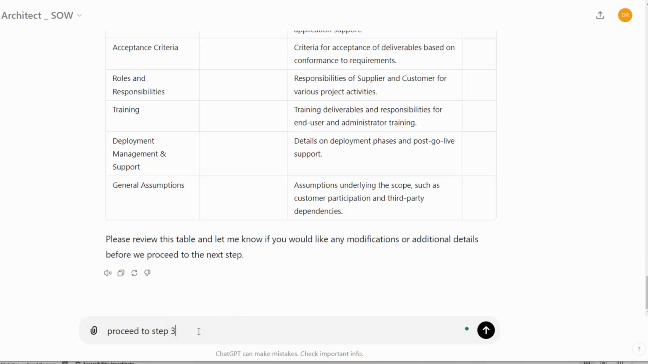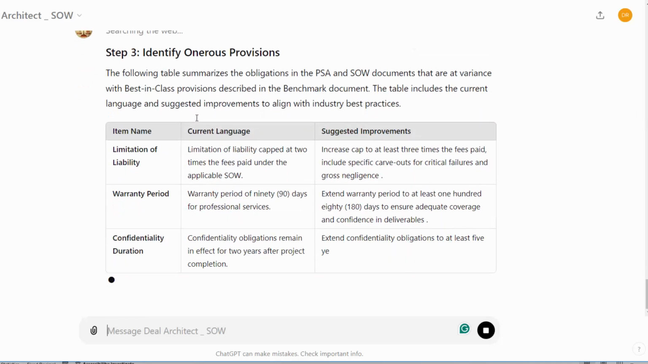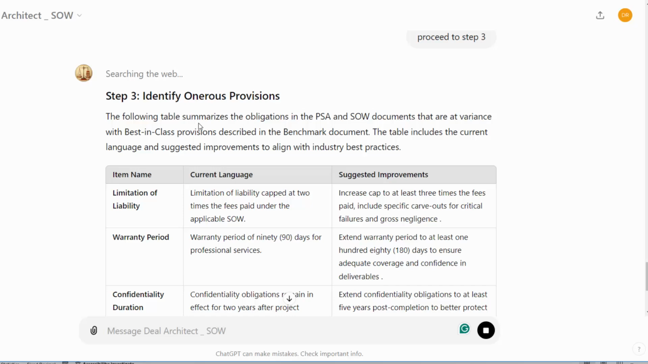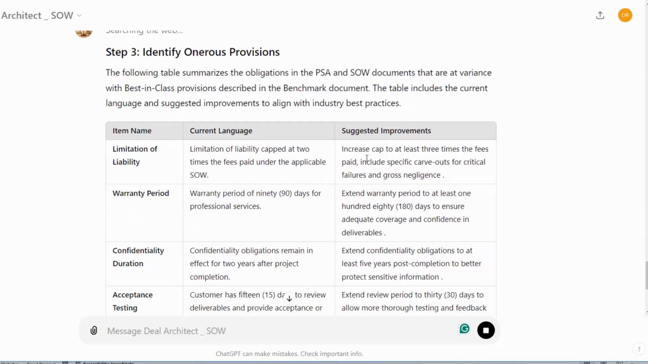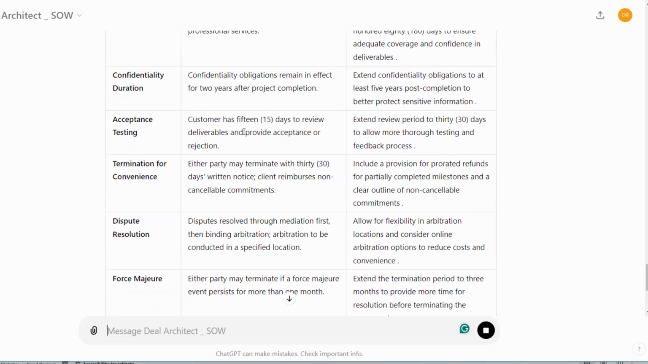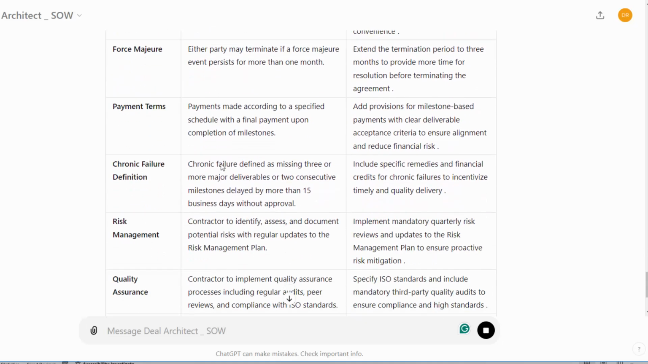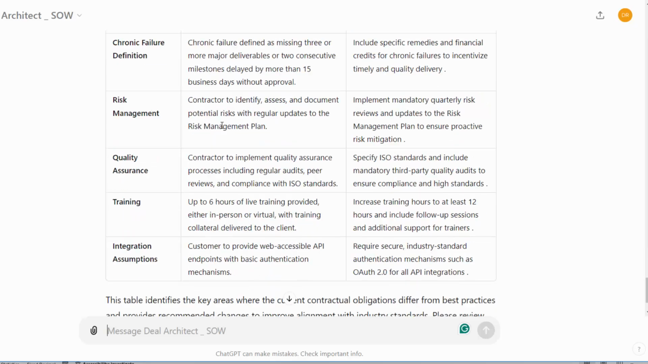step 3. So you can see we're going through and we're identifying the onerous provisions of the SOW based on our benchmark guidelines. So we've got a limitation of liability provision that we want to change. The warranty provision is very good. Acceptance testing, termination for convenience, dispute, force majeure, payment terms, chronic failure, which is a really important provision, risk management,